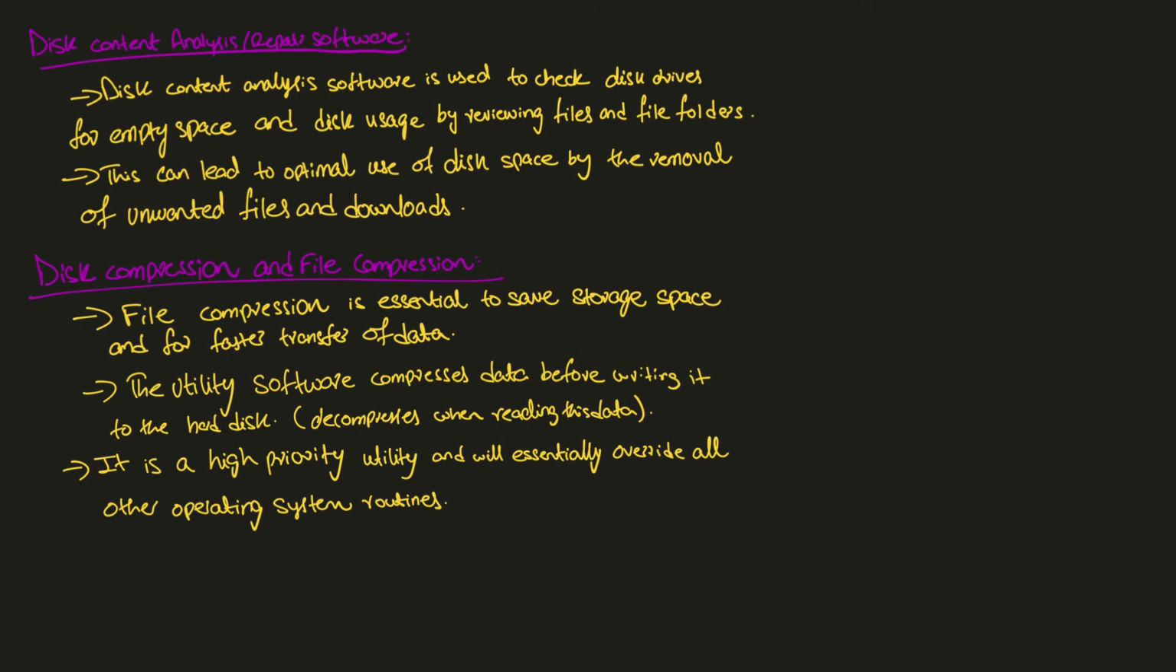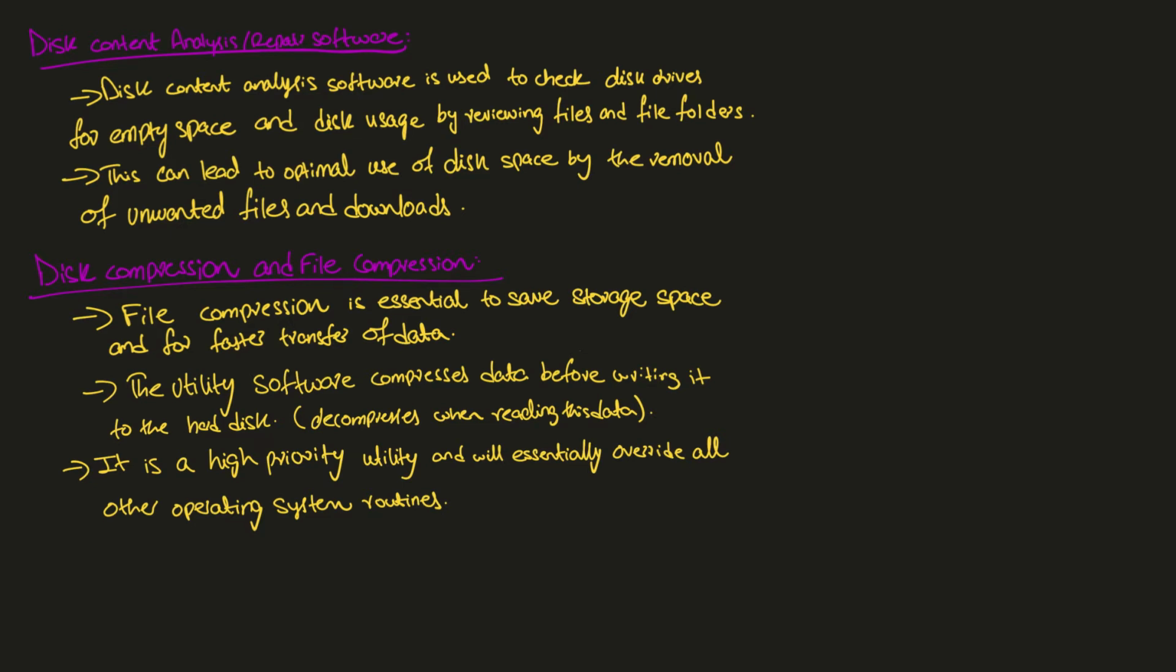Now we move on to disk content analysis and repair software. Analysis software is used to check disk drives for empty space and disk usage by reviewing files and file folders. So you check through file folders and find out which spaces are free and which are not. This also leads to optimal use of disk space by the removal of unwanted files and downloads. If you have no use for a file you downloaded years ago, you may delete it,